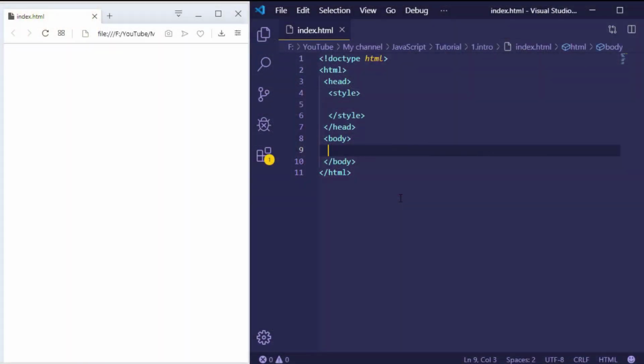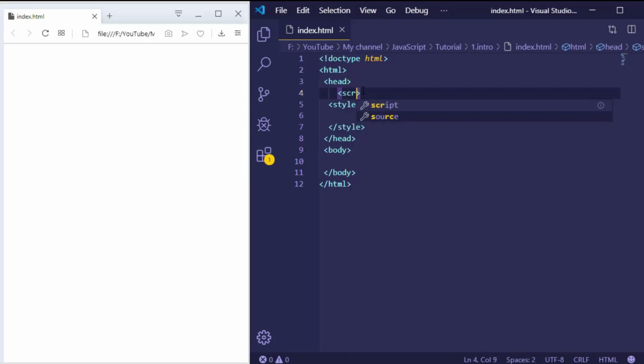So where can we type JavaScript in the document? You can type it below the head or within the body. So for example, let me make a simple code, but first let me define a script and the type is text slash JavaScript. You can ignore this attribute, but I prefer to use it.